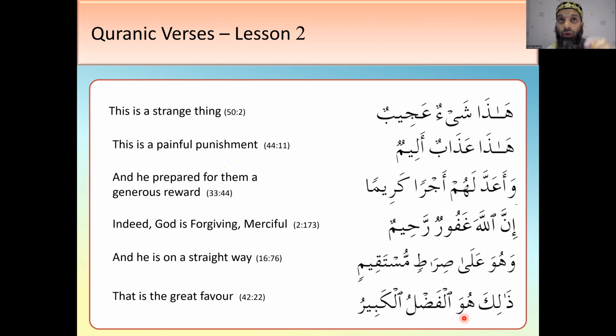Huwa can also mean he is, like قُلْ هُوَ اللَّهُ أَحَدٌ. Say, he is Allah. So huwa can mean he is or it is for a masculine thing. So that is, ذَلِكَ, that is. Huwa, okay, so ذَلِكَ, that. Huwa, it. Al-fadlul kabiru. Al-fadlu is the favor. Al-fadlu, the favor. The al is showing you that is the. Al-fadlu, look, the al has come, so the ending has become singular. Al-fadlu